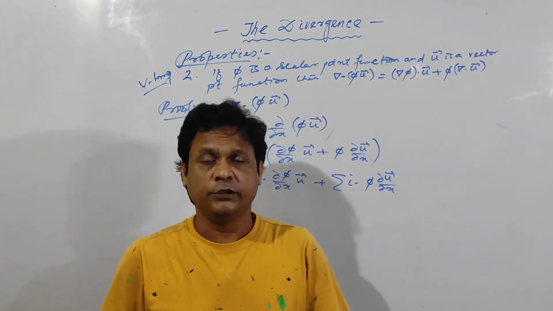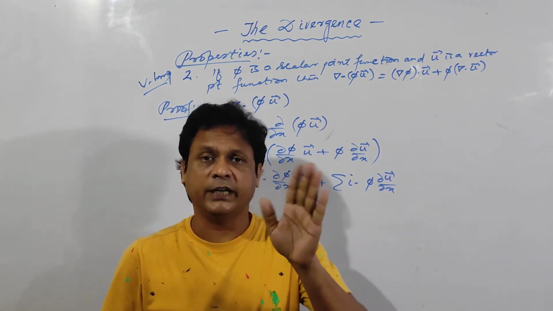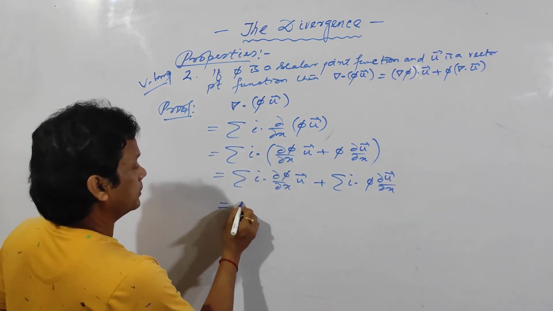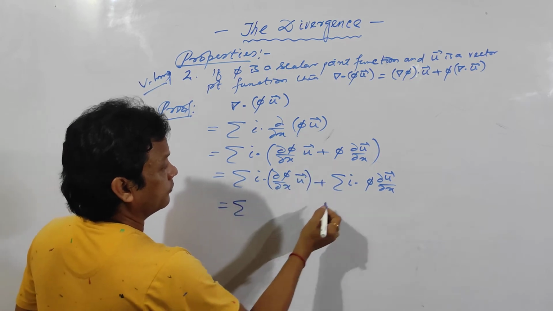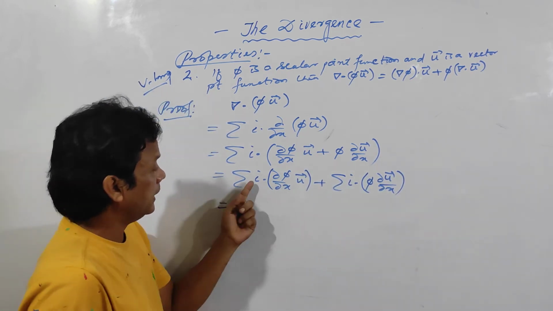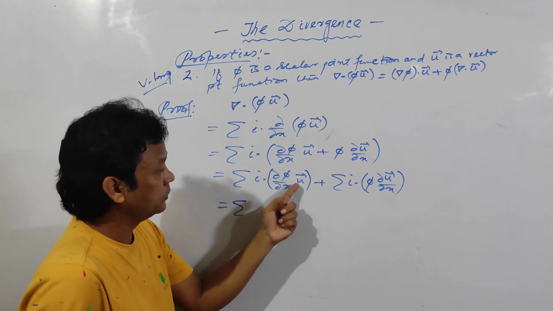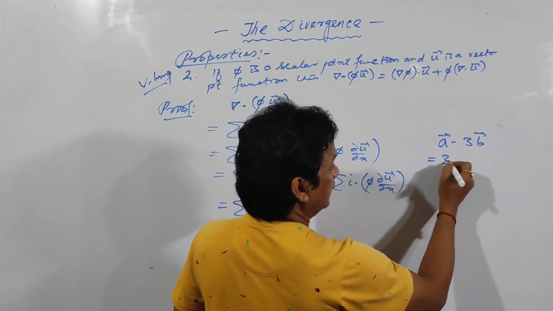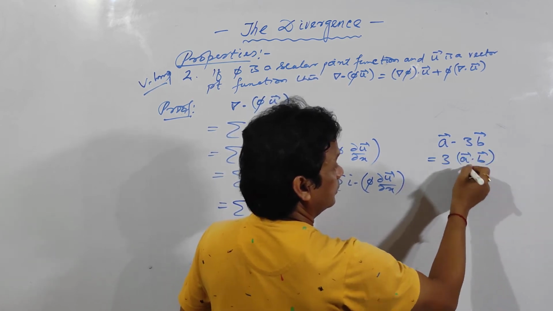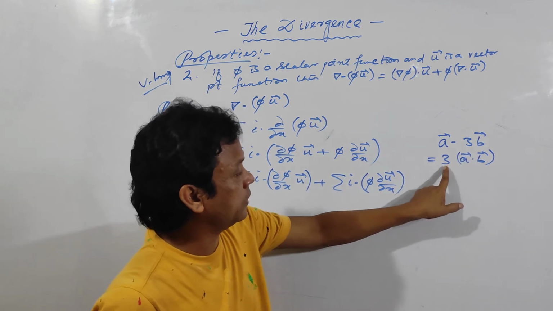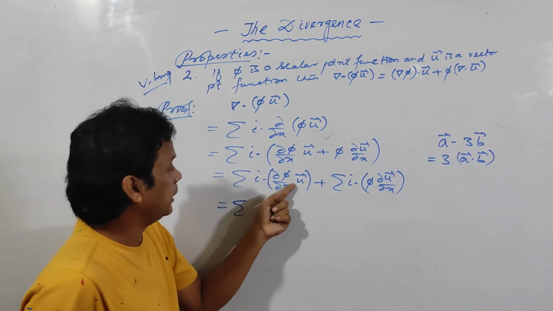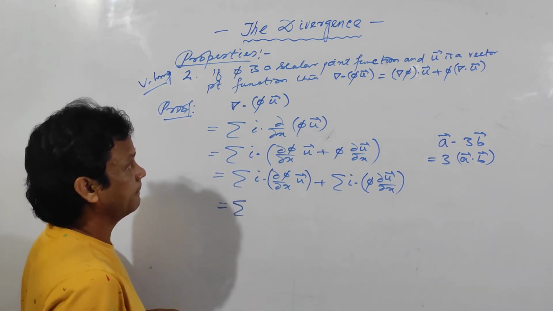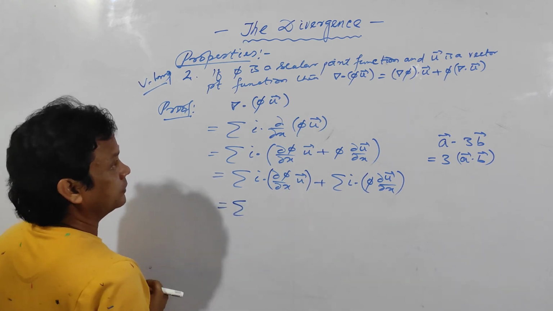And already I have told you, within the summation, you have to keep i cap, j cap, k cap and the x, y, z terms, and others are constant. So in this case, you should put a bracket here and a bracket here. And i dot, so this is a scalar quantity. See here, a dot 3b vector means 3 into a dot b, because 3 is a scalar quantity, so take 3 outside, a dot b. Here del phi by del x is a scalar quantity, so i dot u. So how to write this quantity?